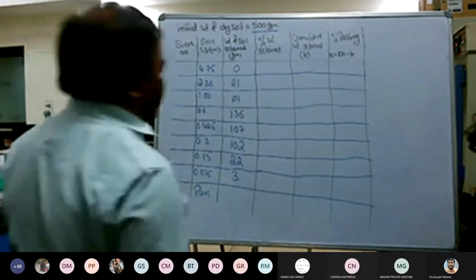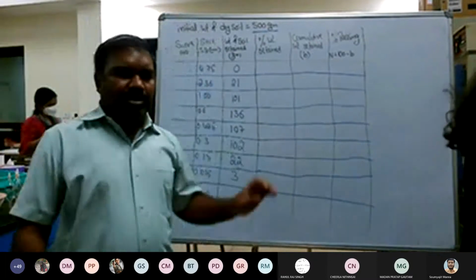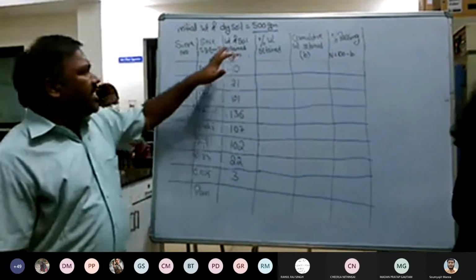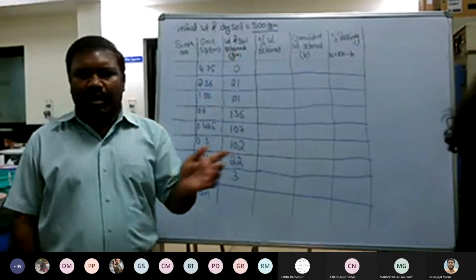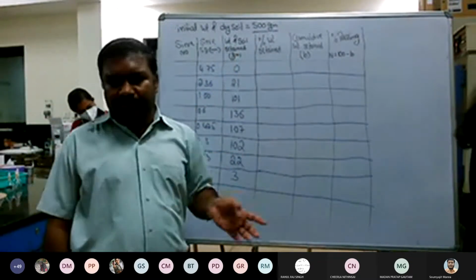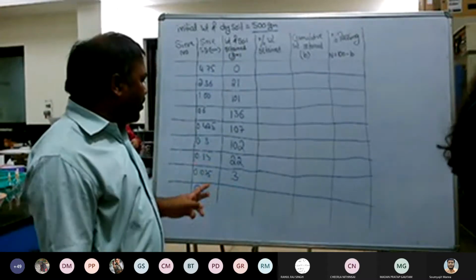Now just remember, the wet sieve analysis is a bit of a laborious process. It is supposed to be done corresponding to each and every sieve. In reality that is how it is done, but here we can't demonstrate each and everything. What we are doing is demonstrating only on one particular size, that is 75 microns, just for the demonstration.